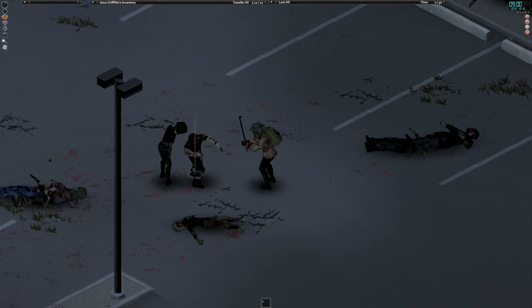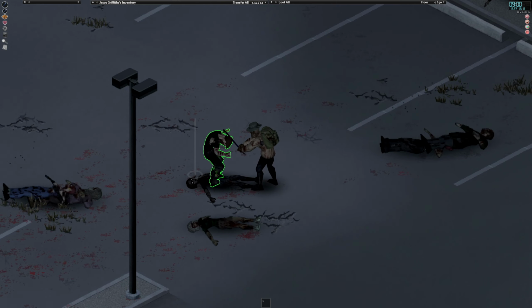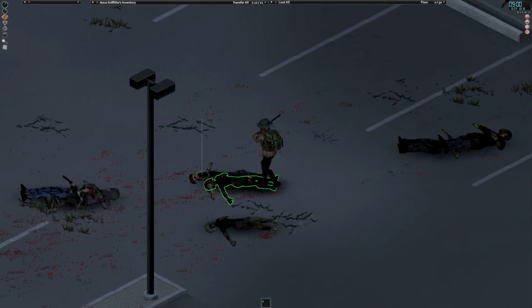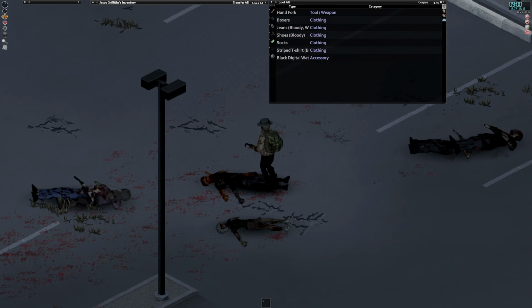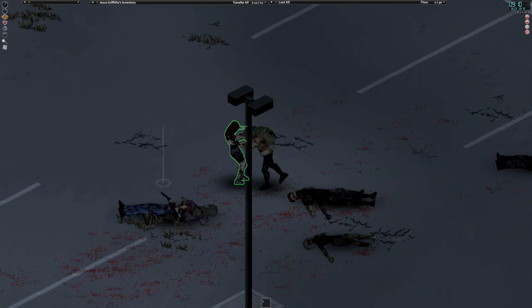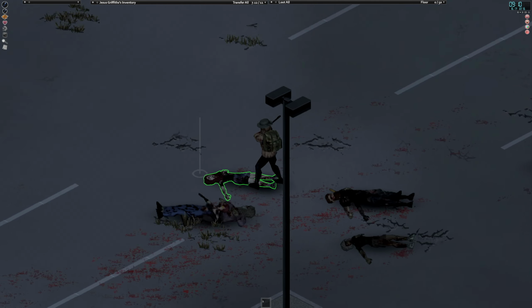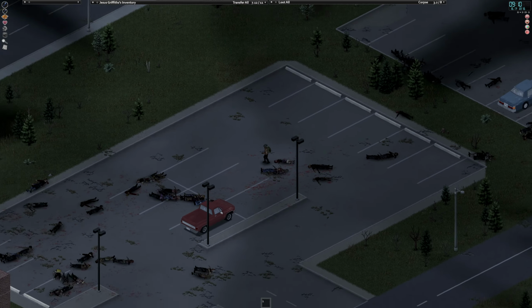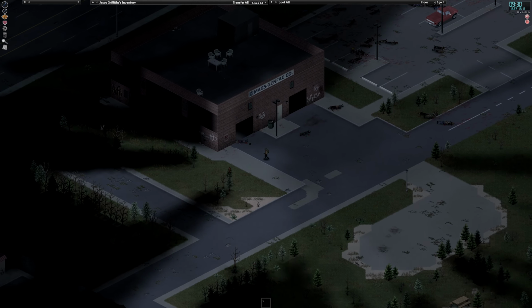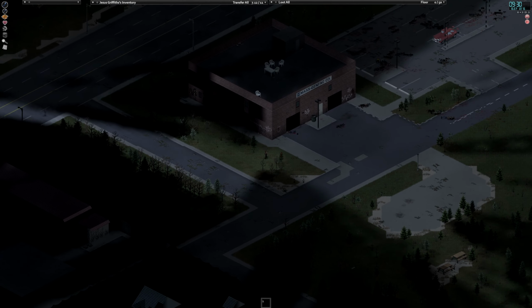Something that I've realized about games is that I tend to play things the same way a lot of the time. And sure, you get better in that, but you have to grow. You have to do things, even play scenarios that are impossible sometimes, just in order to force yourself to change your thinking. Yep. Now it's time to move beyond this warehouse and look to the self-storage place just to its